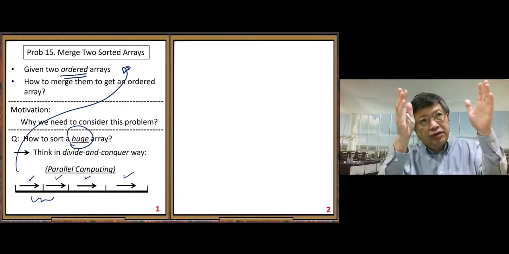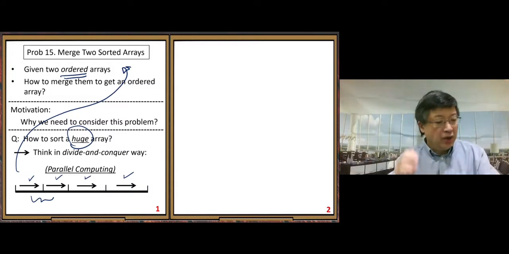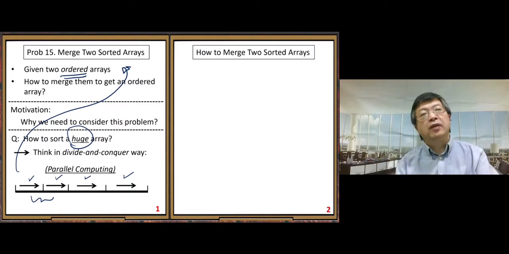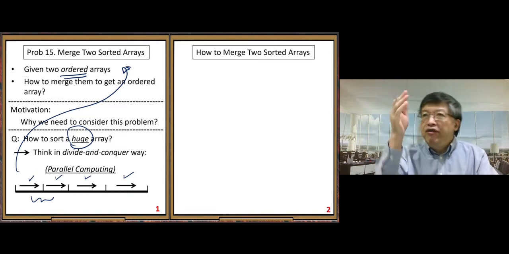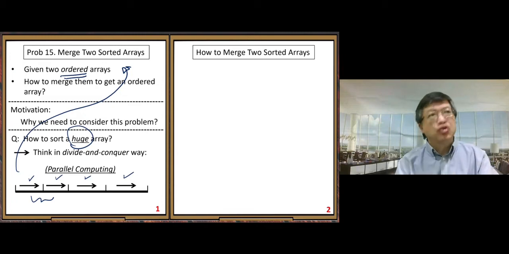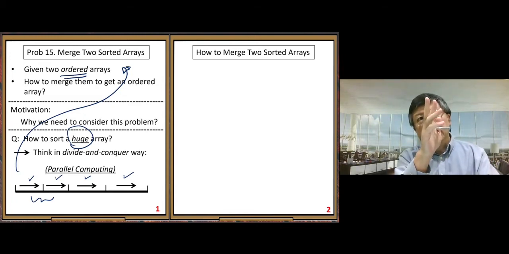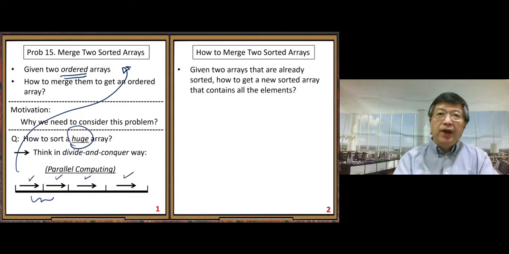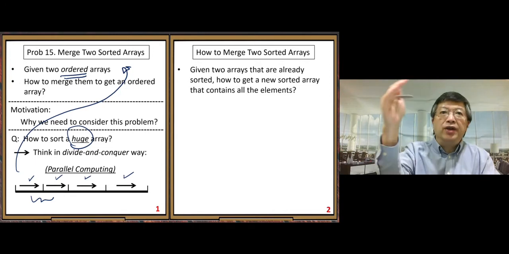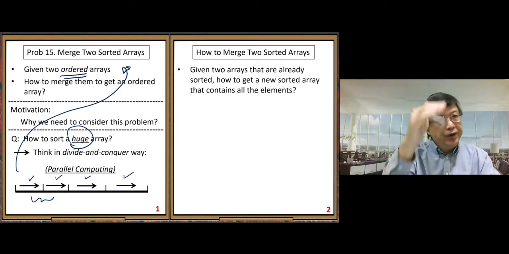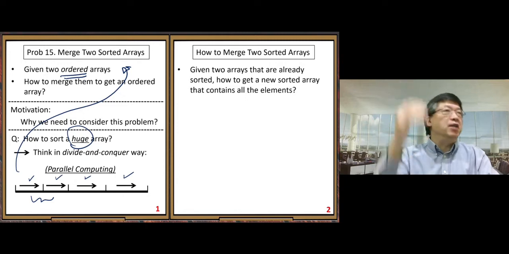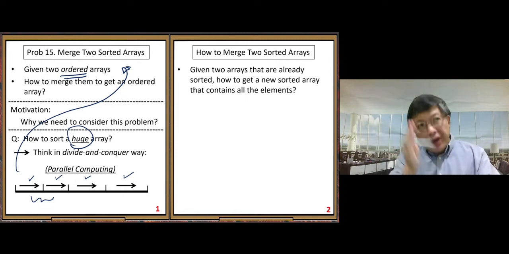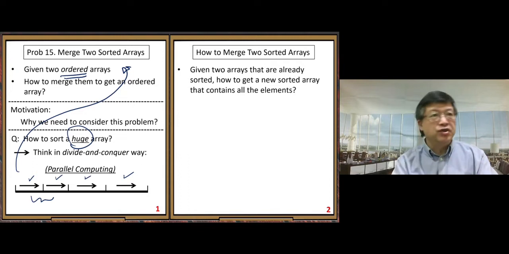All right. So let us study how to merge two sorted arrays. What is the fastest algorithm to merge two sorted arrays? Given two arrays that are already sorted, how to get a new sorted array that contains all the elements? In order to get a more efficient sorting algorithm for this question,